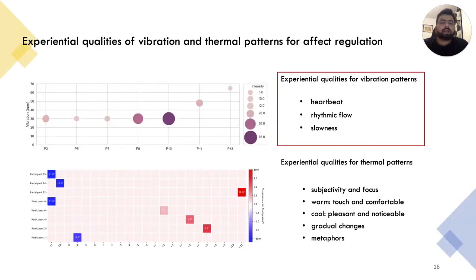Findings indicate that the participants perceive vibrotactile patterns through three experiential qualities: heartbeat, rhythmic flow, and slowness, which have been limitedly explored in the context of affective health technologies. They not only related vibration frequency to their heart rate, but to heart rate in a non-anxious state, using the low pace of the vibration in order to regulate their heart rate. They valued the rhythmic flow of these slow vibrations, which they could follow through entrainment, in order to slow themselves down during the stressor task.